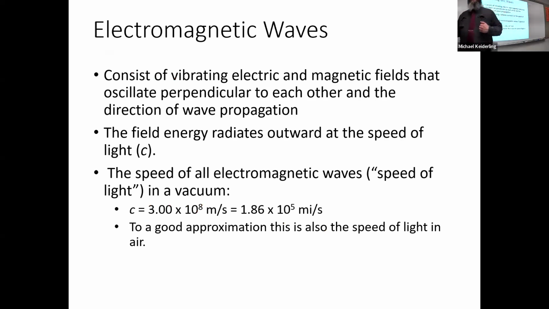Electromagnetic waves consist of vibrating electric and magnetic fields that oscillate perpendicular to each other and the direction of wave propagation. Field energy radiates outwards at the speed of light. Speed of light of all electromagnetic waves, c, is 3 times 10 to the 8th meters per second. That's also a good approximation of the speed of light in air. The difference is